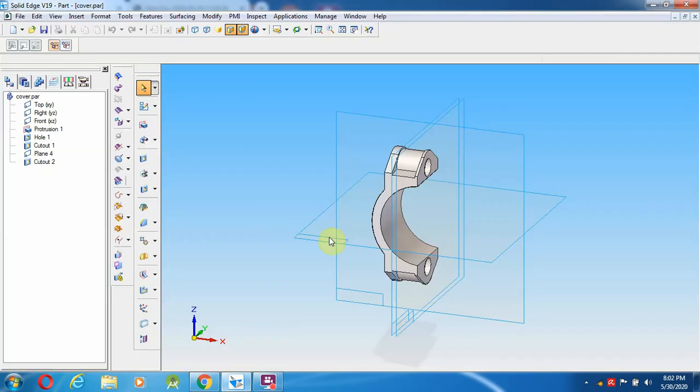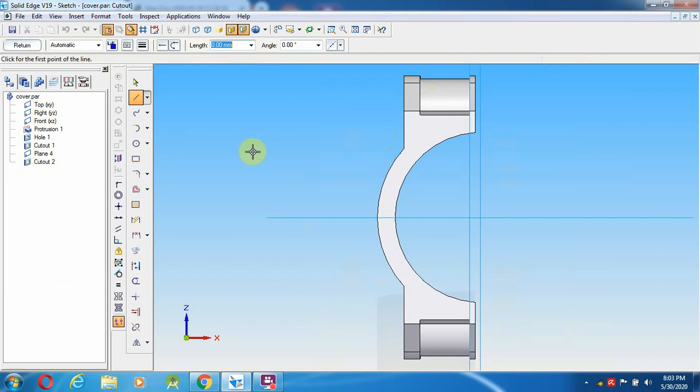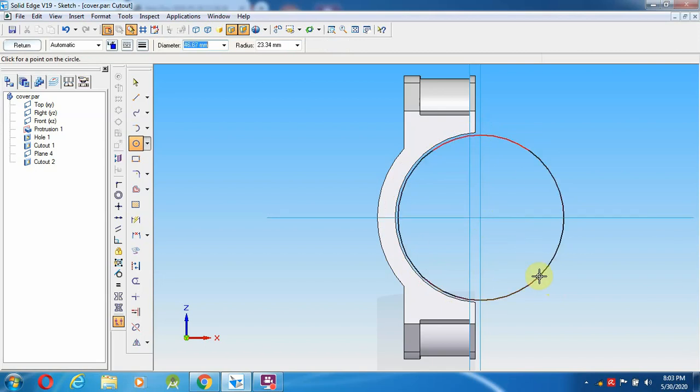The next step, we are going to try the other alternative method. From here, select the center point, so the diameter is 58 mm.